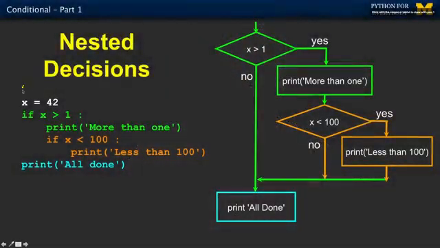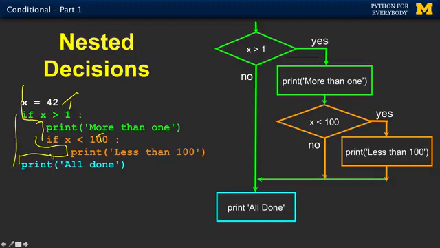And so in this case, x is 42. If x is greater than 1, that's true. So then we're going to print this. If x is less than 100, that's again true. So we're going to go in and run this. And then we've de-indented twice. And so this does line up with the if. So this functions as the end of both this block and the end of this block